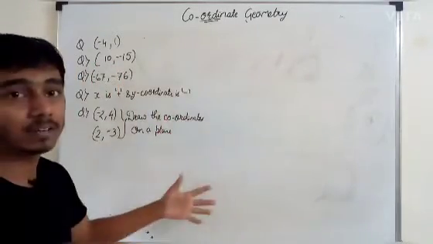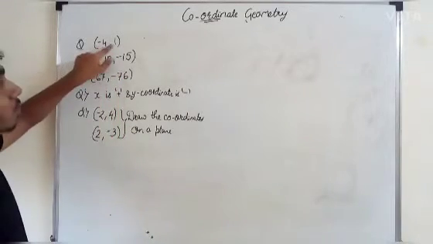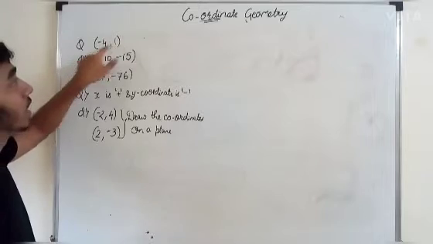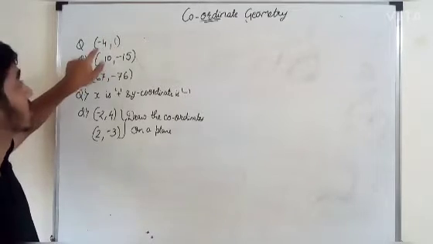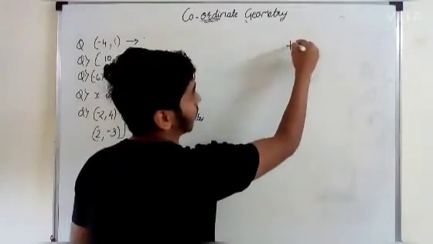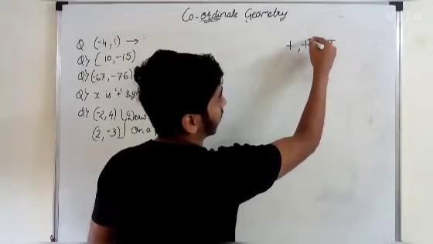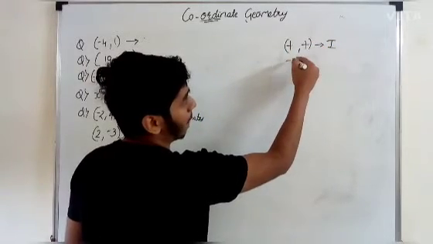I explained it to you earlier itself, that for minus 4 and plus 1, you have to find in which quadrant it lies. So this lies in the plus first quadrant. Okay, then